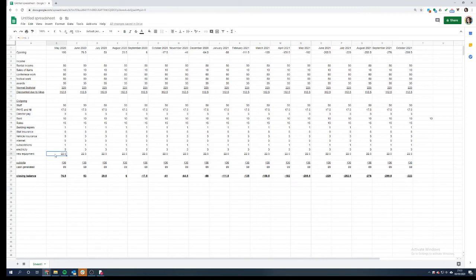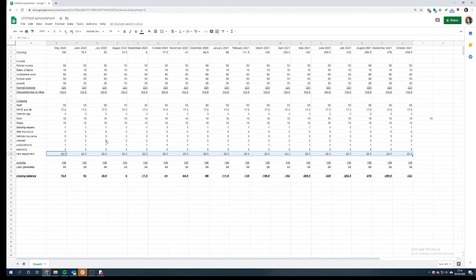New equipment. You might also say, well, we don't need any new equipment. Or you might say, yeah, I know there's a few specific investments that need to be made in that period. So let's break this one down. So to say to your bank, I'm not buying any equipment, they might say, well, I know you need to buy some, so that's not viable.